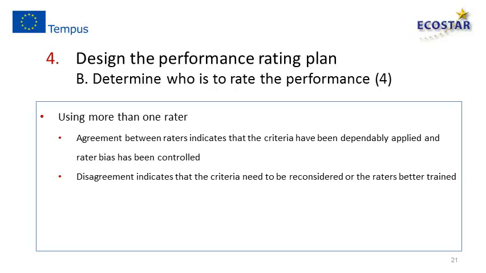When should you use more than one rater? Again, if it's a high-stakes kind of decision that needs to be made. Agreement between raters. Let's say two teachers rate each performance assessment task. So agreement between raters indicates that the criteria have been dependably applied and that rater bias has been controlled. And disagreement indicates either that the criteria need to be reconsidered, or they were not clearly stated, or the raters need to be better trained. In Unit 3, we're going to talk more about agreement between raters, so I'm going to stop here and go on to the next slide,